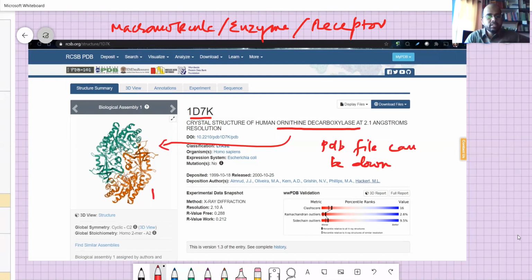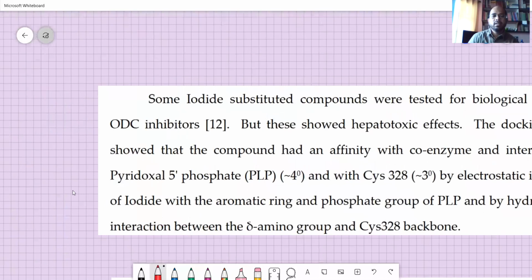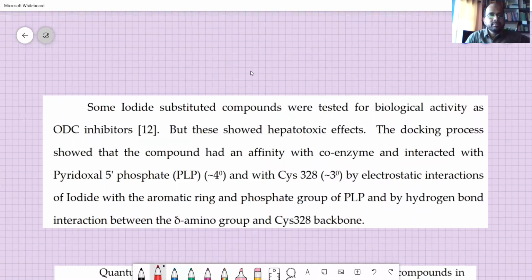So I have downloaded this structure, which is available free. Sometimes the resolution is very good, and I will show you this ribbon representation. Ribbon is a type of three-dimensional structure which differs from ball and stick, and this is a kind of ribbon structure. So if you look at the knowledge of chemistry, this is the knowledge of chemistry. It doesn't require any knowledge from the computational part.